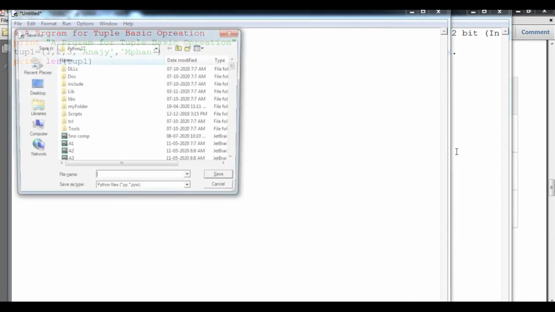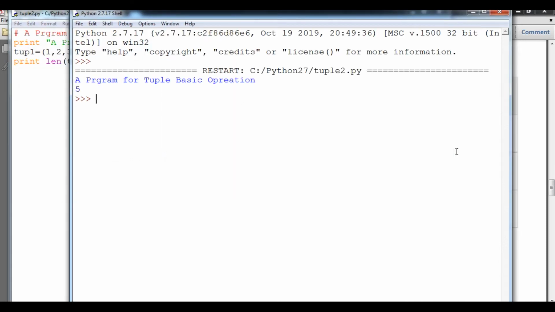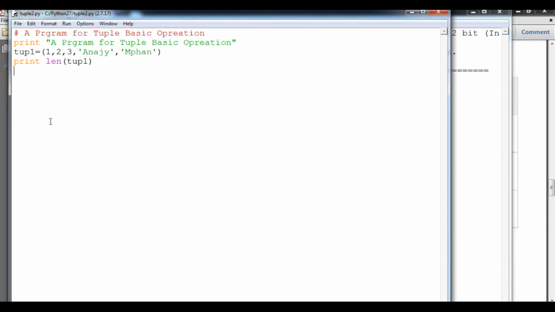So now interpret it. You can see tup1 I have already created, so this is tuple2, where the file name I will create here. You can see a program for tuple basic operation, that is 5.